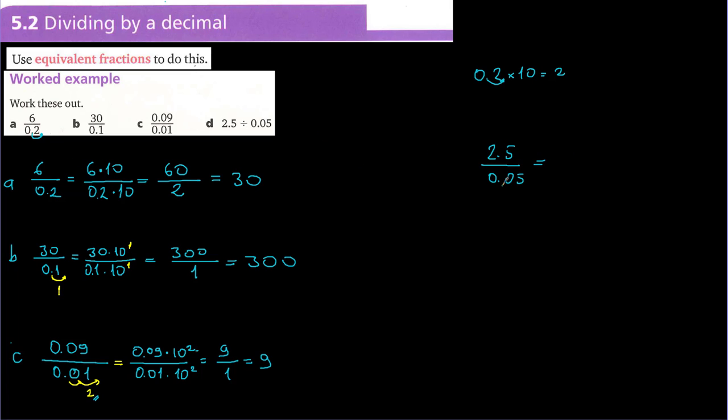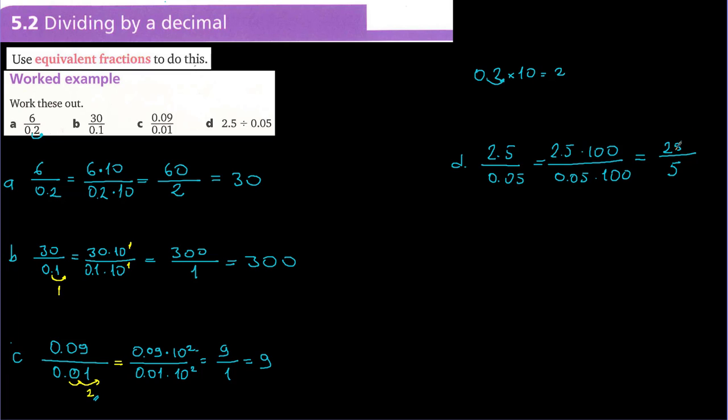I'm going to multiply to move this one 2 units, right? I'm going to multiply both of them by 100. So this is going to be 2.5 times 100. This one down, this is the D1, 0.05 times 100. So this 100 times 0.05, it's going to move 2 units right, and it's going to be equal to 5. 2.5, and when you move 1 unit right, it's going to be 10 times 25, which is equal to